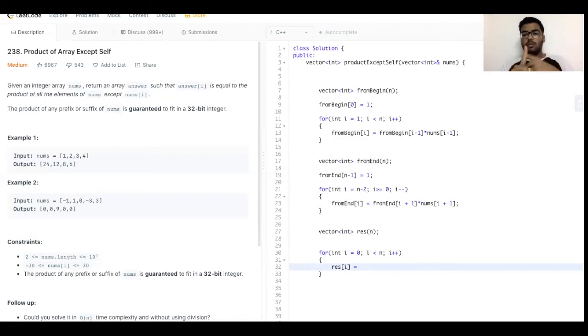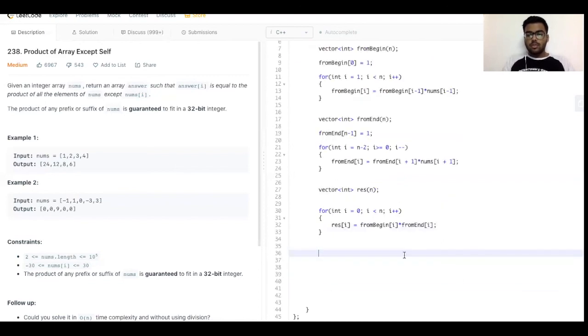So we will simply multiply both of these, from begin of i into from end of i, store that in the result array, and then simply return result.